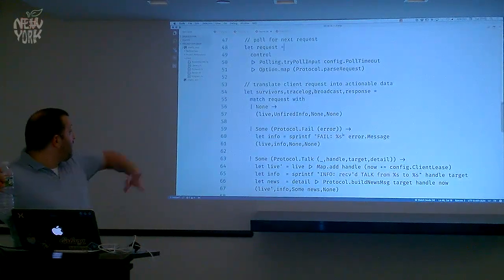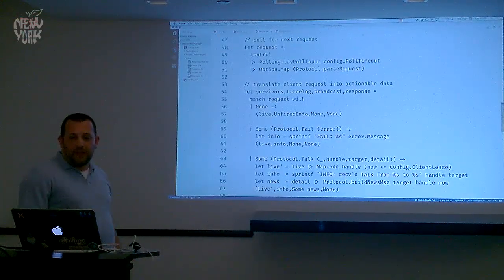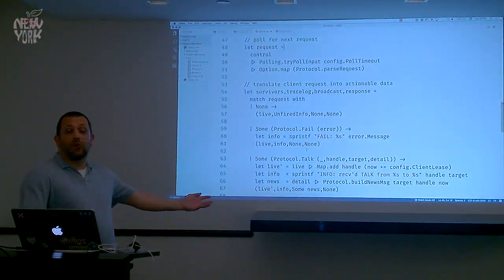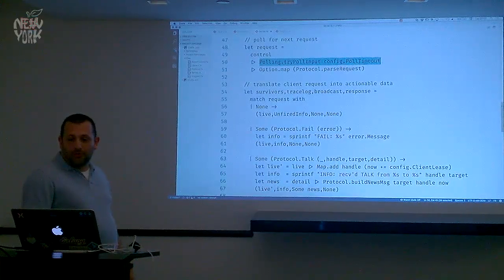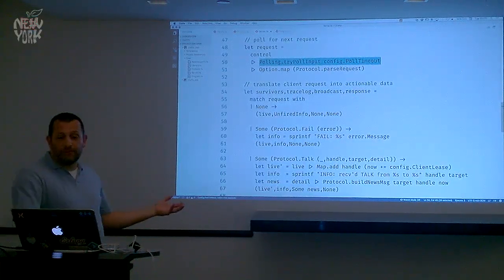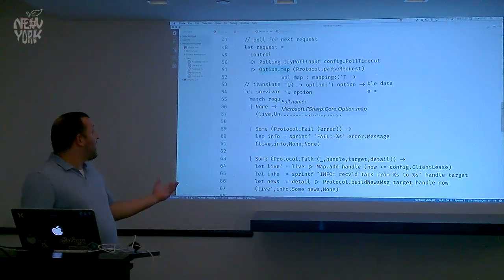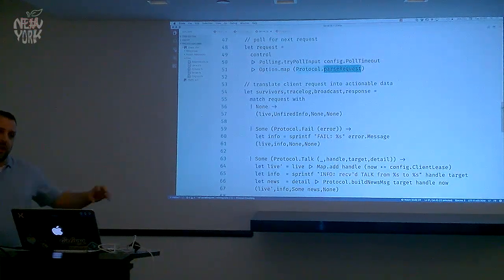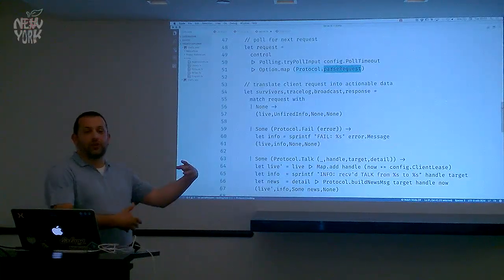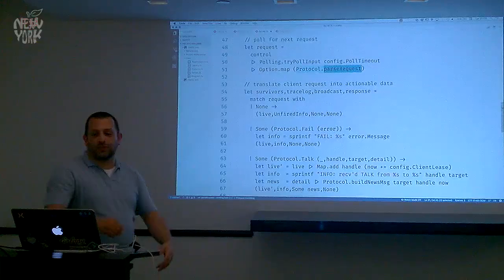So then, now we're done with what's dead. We still have what's live. So before we do anything else with what's live, we go ahead and we see if there are any requests. So now we're back on our control socket. We poll up to our configured timeout for an input. Try poll input returns an option. If we have a value back from try poll input, we got a raw message. We again have a helper function that we'll go look at in a minute. This helper function takes a raw message and converts it into an internal type so that I have a strongly typed representation of my client request to work with.